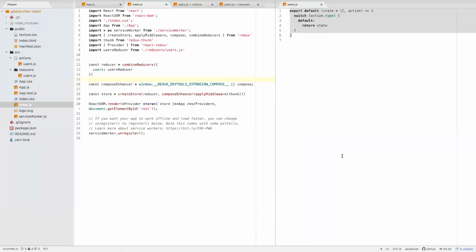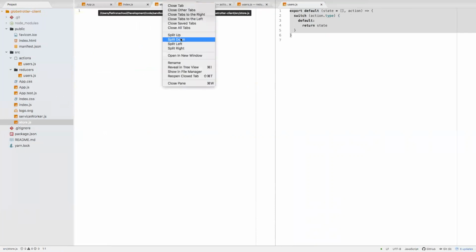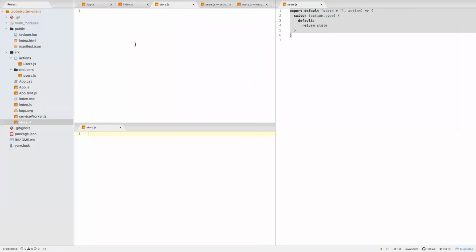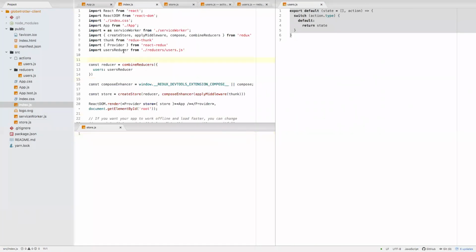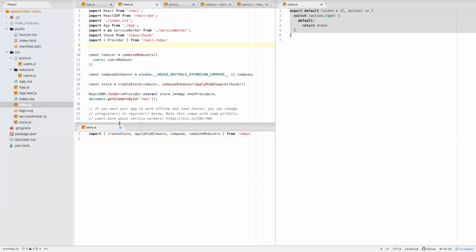My Redux store is up and running. It's waiting. Now, I'll have to tell you that I actually prefer to create a new file called store, and I prefer to build my store here. So I'll split this down so we can still see what I'm about to do, not be all tricky and sneaky. So now I need all this here, and then I need this here, and I need all this stuff here,